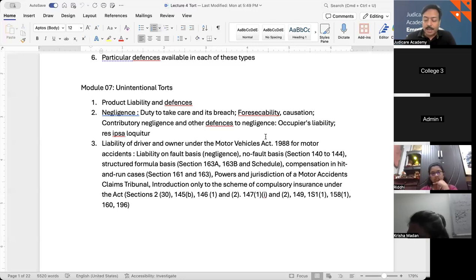So the claimant shall not be required to plead and establish that the death or permanent disability in respect of which the claim has been made was due to any wrongful act, neglect, or default of the owner of the vehicle or vehicles concerned or of any other person. So there is no negligence which has to be proved. The act has happened of injury or death, that is sufficient.